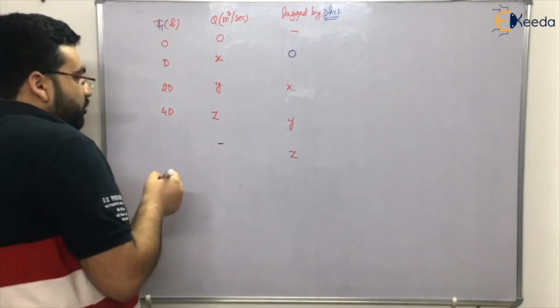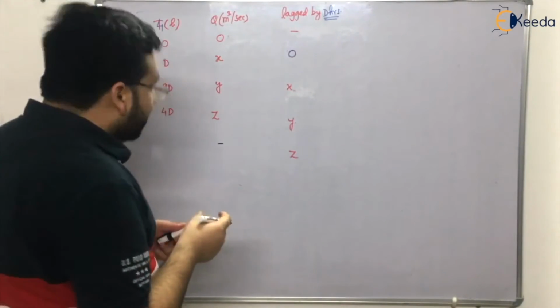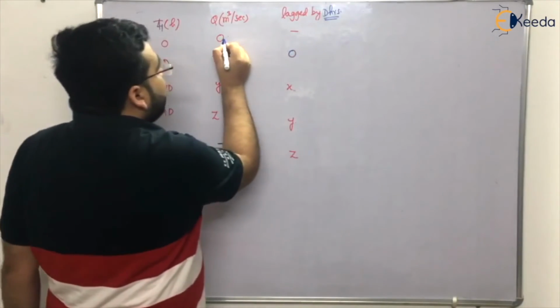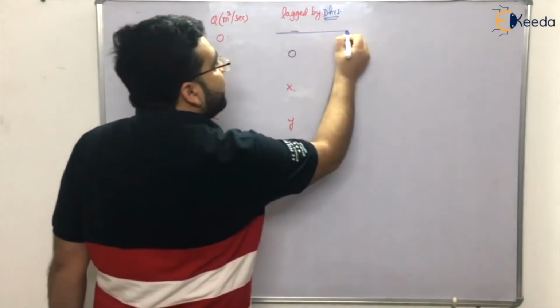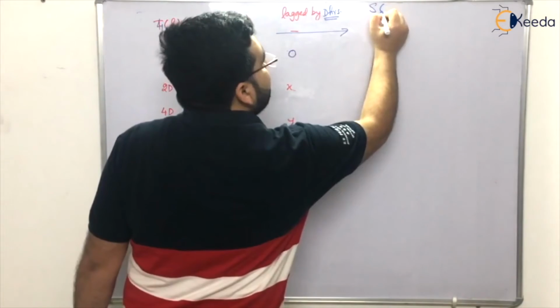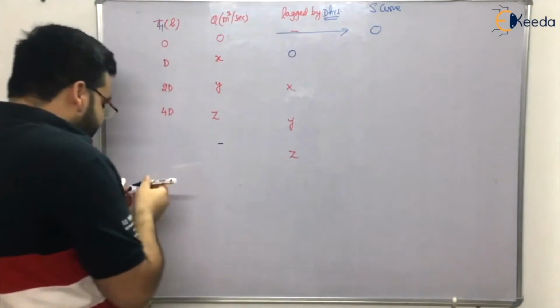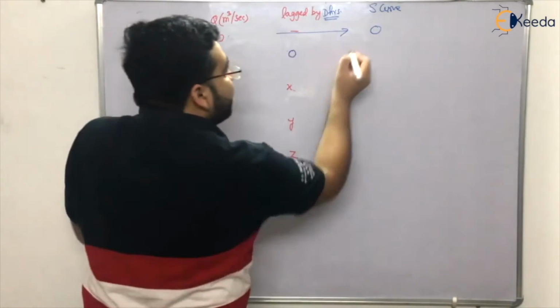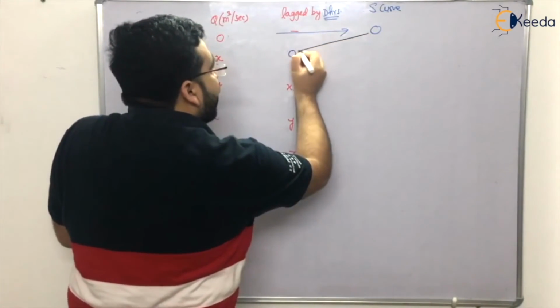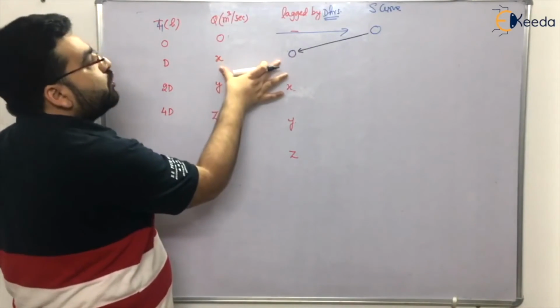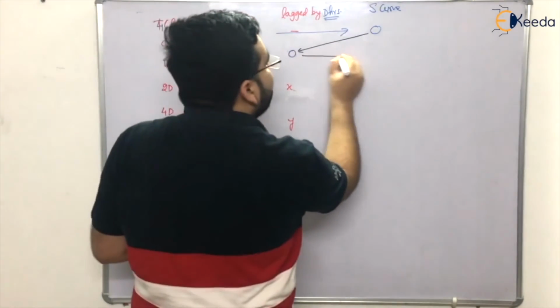Clear? Now let me use two different markers so that you understand it very easily. So first of all, what we have to do? This is the discharge. For discharge, write this discharge. This is your S curve. So S curve 0. Clear? Now take 0 and put 0 here. If you put 0 here, it is already 0. So 0 and add these two values. 0 plus x, you will get x.